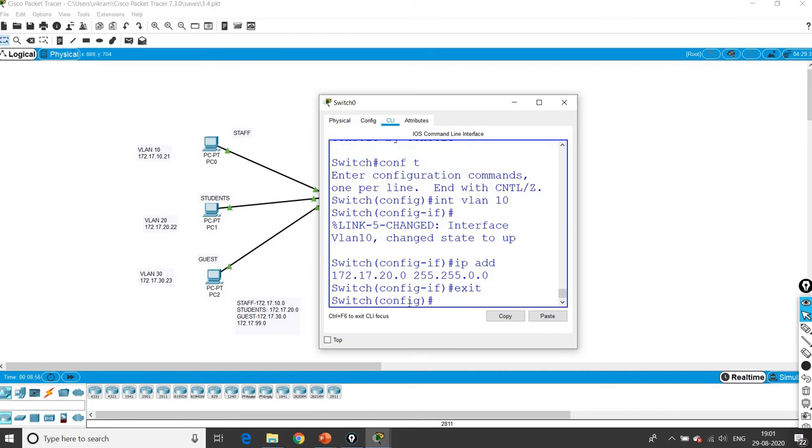Similarly for VLAN 20 also, interface VLAN 20, ip address.